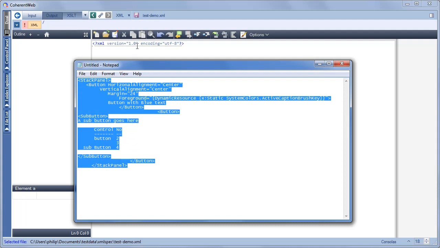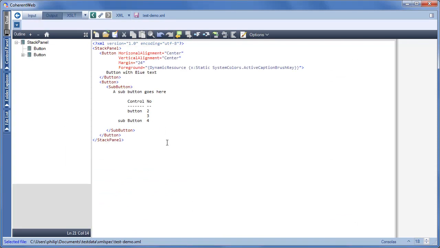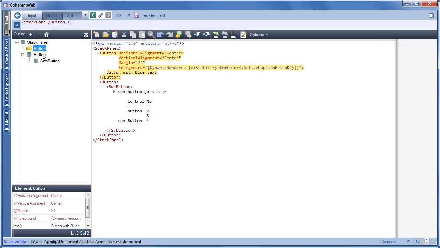I'm going to paste it in, but equally you would get the same result if you were opening it up as a file. As you can see, what's actually happened is everything's been straightened up so far as the indentation is concerned, and the reason why that's possible is because the space characters that aren't actually significant to the XML have all been removed, and I can demonstrate that by, if I just use this tree control, we can actually see which parts